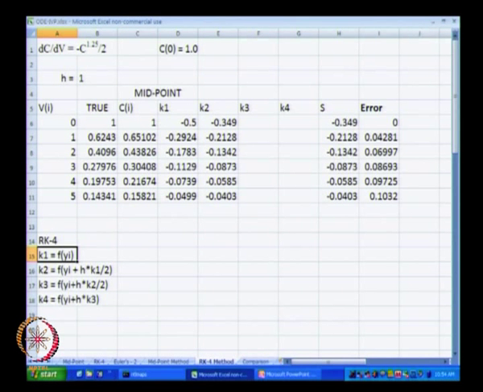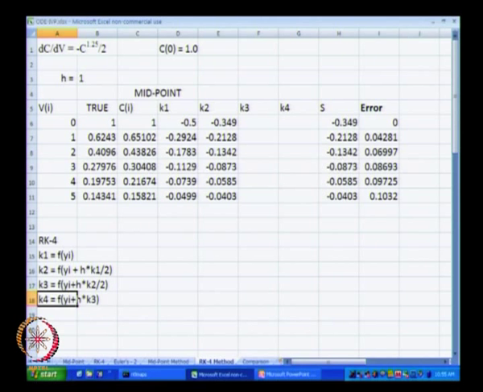Remember geometrically what this means: K1 is the slope computed at the initial point yi, K2 is the slope computed at the midpoint yi plus half, K3 is the slope computed at the midpoint again, but in this case y is computed using K2 instead of K1, and finally K4 is the slope computed at the end point, sorry, rather t i plus 1.